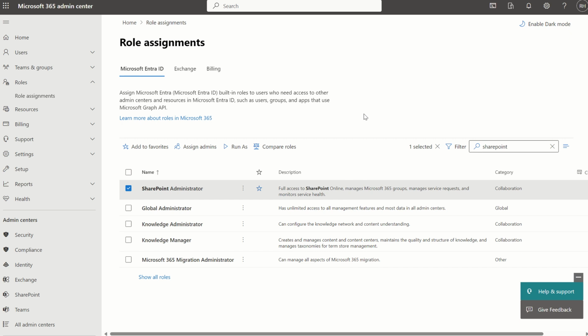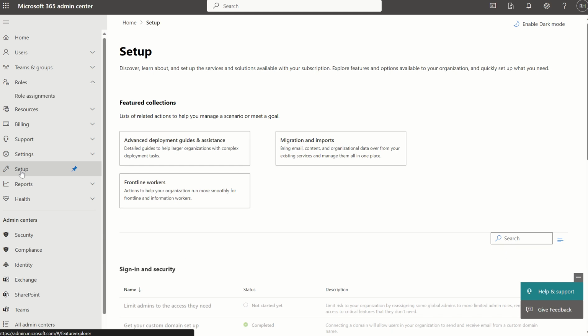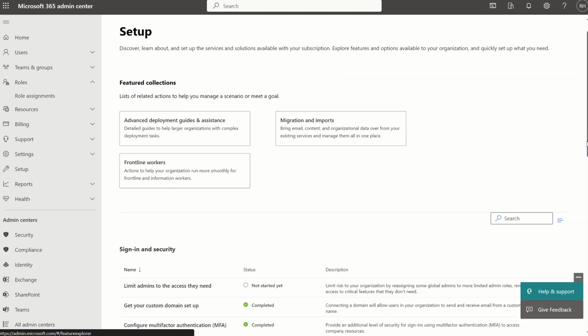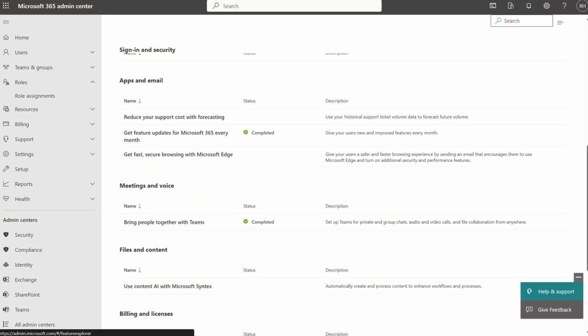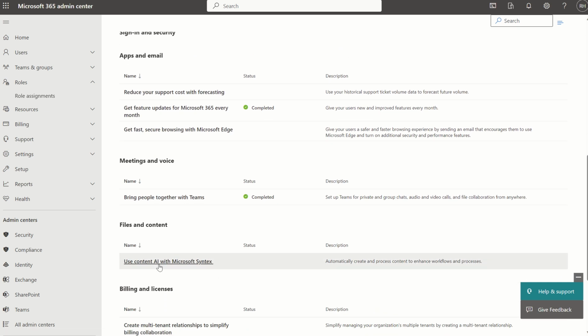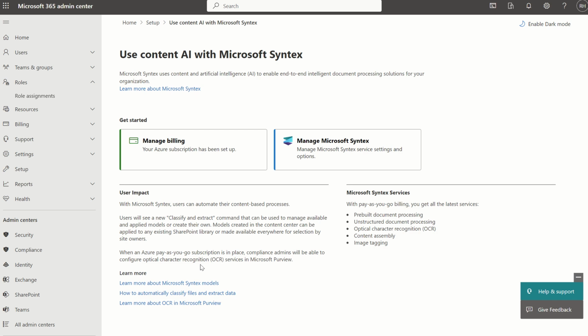The second stage is to enable the Syntex billing. Microsoft 365 Backup is built through Syntex. It's not part of the service portfolio, but it's built through Syntex. In return, it's built for a pay-as-you-go model via an Azure plan or an Azure subscription. So if we were to navigate to Setup on the left-hand side, we can scroll down on this page until we find Use Content AI with Microsoft Syntex. Automatically create and process content to enhance workflows and processes. Select this option. You can see that I've previously set this up just to test this out prior to filming